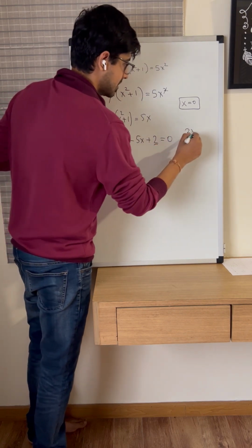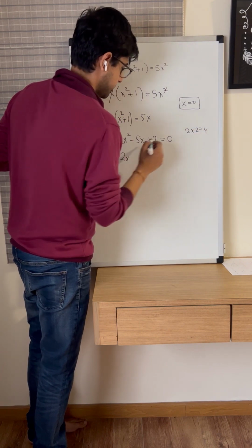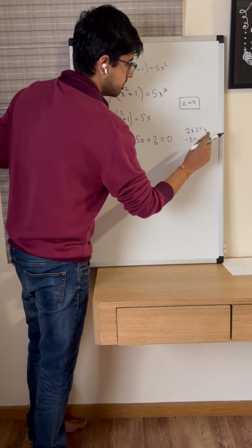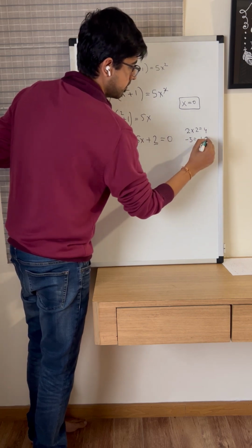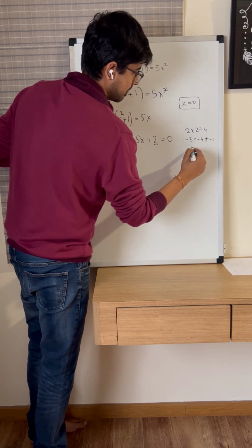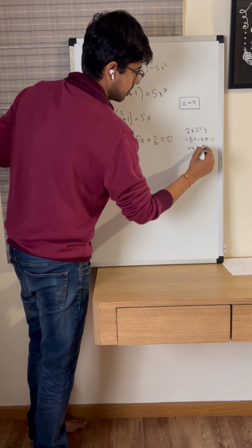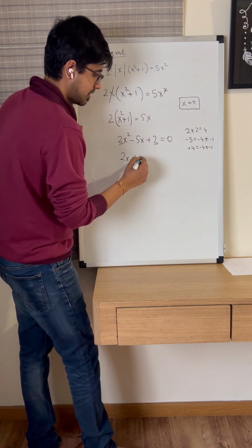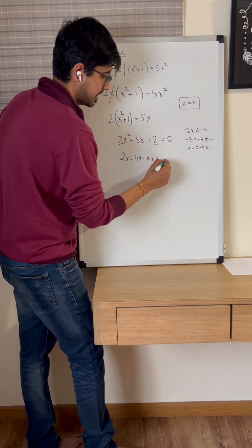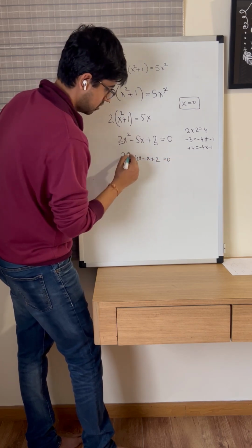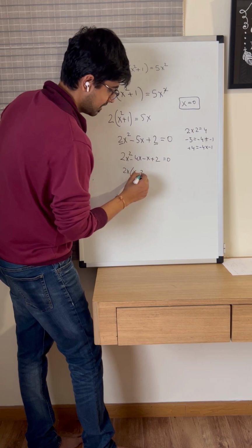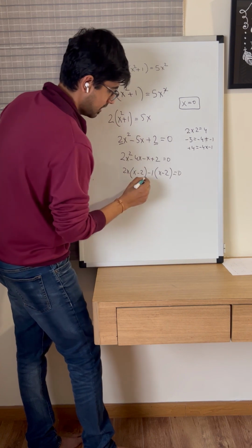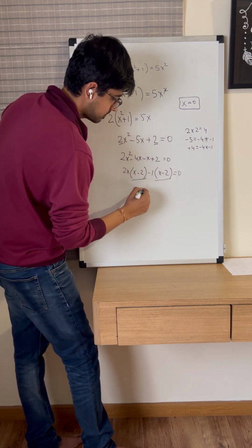Splitting the middle term will happen like this. A into C is 2 into 2, which is 4, and B is minus 5, which can be written as minus 4 plus minus 1, and minus 4 into minus 1 is 4. So I can split the middle term as 2x² - 4x - x + 2 = 0. Taking 2x common, 2x(x - 2) - 1(x - 2) = 0. Now taking x - 2 common,